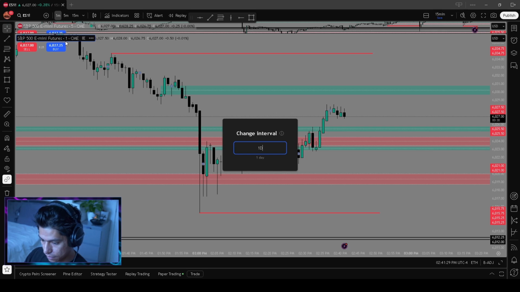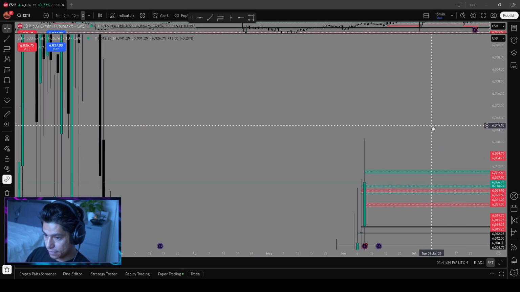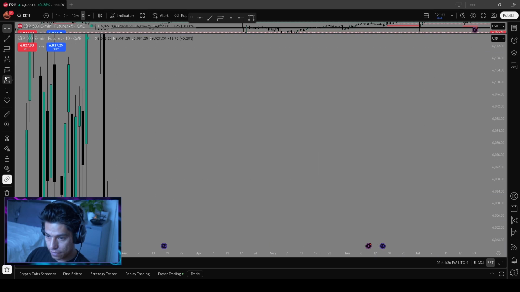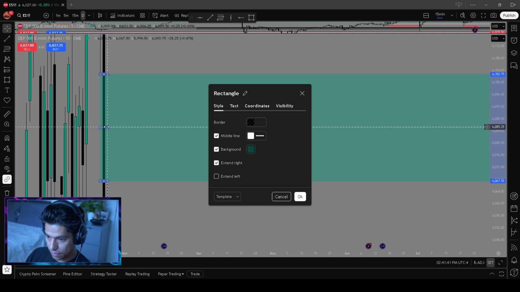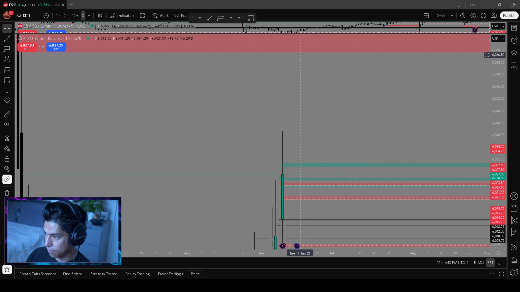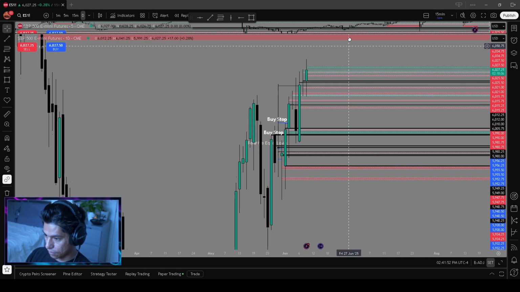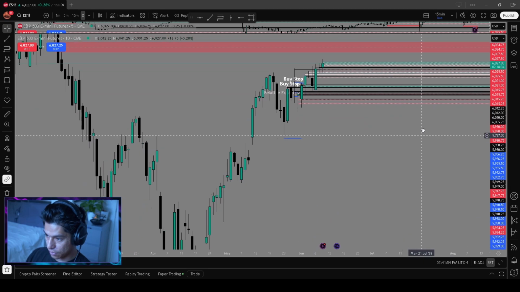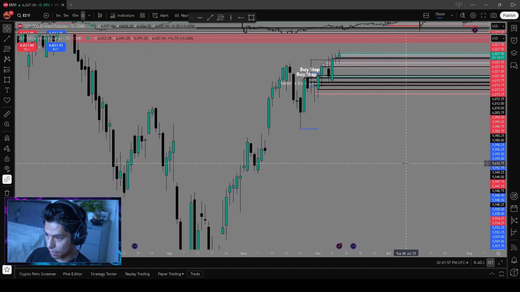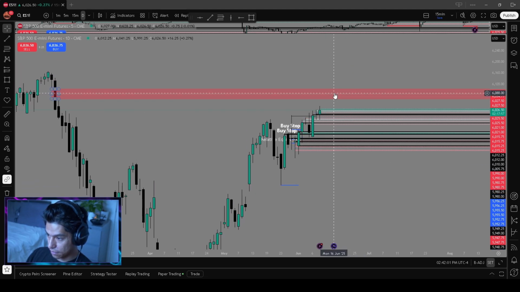Let me just show you on this real quick. So we have a daily, and we can see that we have a huge fair value gap right here on the daily chart. So I think that's our main objective for long term. So we still have ways up to go. So this market is looking very bullish to reach up there. We've been going up for so long, so I do expect a retracement